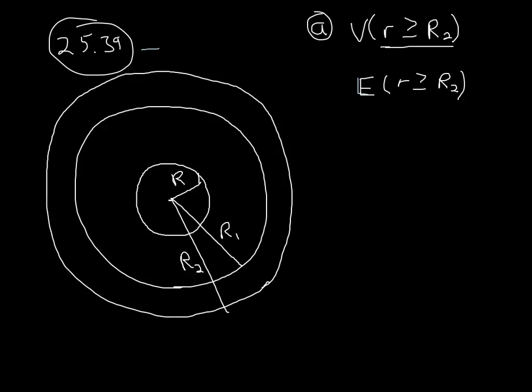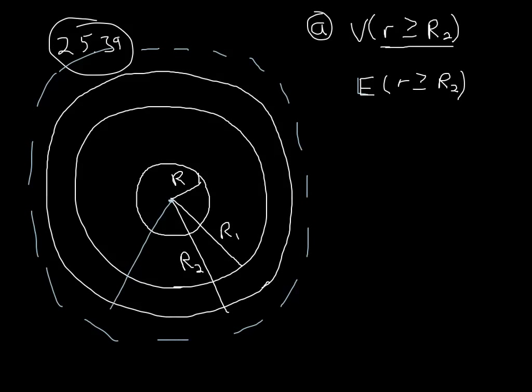So we draw a Gaussian surface with some radius r that is bigger than r2, my blue radius r. And I need to remember that I have a charge of plus q spread around on this inner sphere